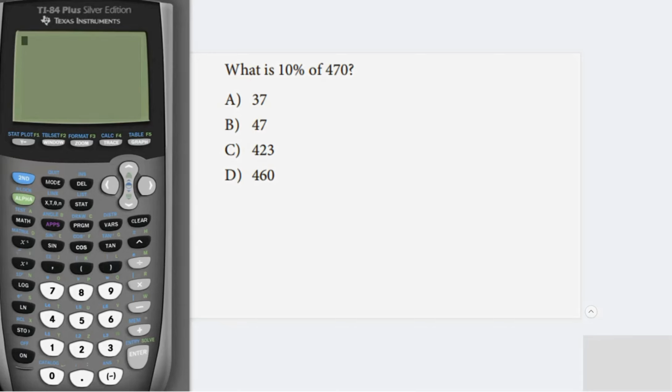In this video, we are going to learn how to solve this SAT math question using this TI-84 Plus scientific calculator. So the question says, what is 10% of 470? To easily punch this kind of question on a calculator, all you simply have to do is